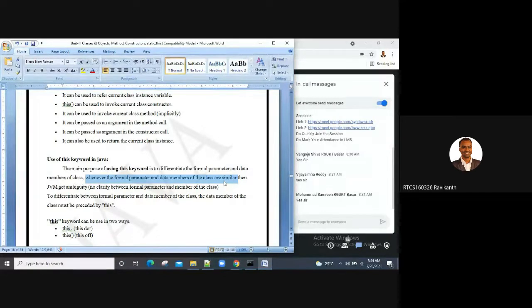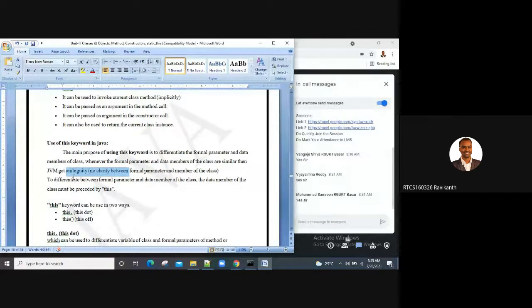Without using this keyword, you can happily work. But when the formal parameters and data members of your method are similar, then the JVM will be in an ambiguous situation: which one should I consider? So in order to help the JVM in that ambiguity, or to differentiate between formal parameters and data members present in a particular class, we are going to work with the this keyword.